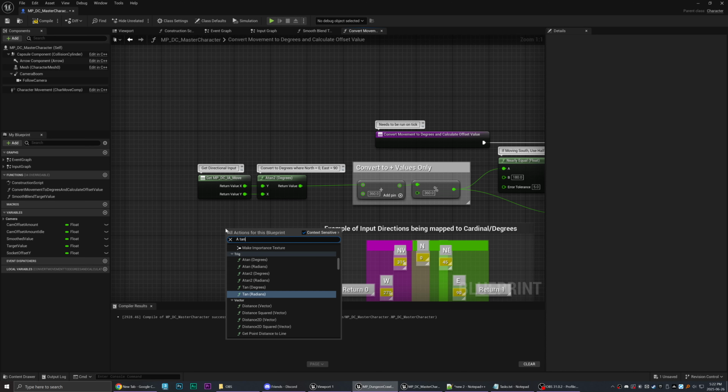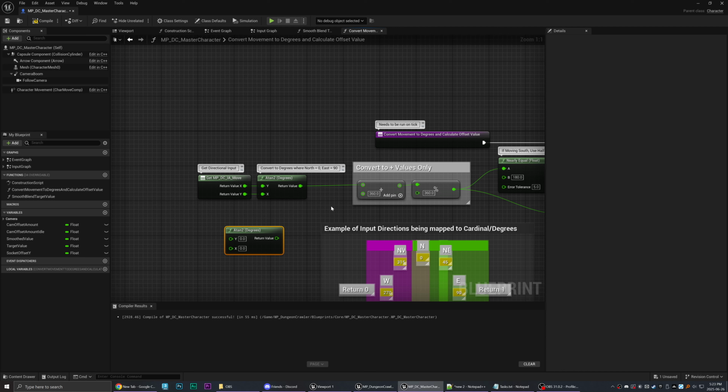When you type in Atan2, you can choose degrees or radians. If you choose radians, you're going to have to do extra math to convert it into degrees anyways, so I just went directly to degrees. If you hook these in the way it asks for them, with Y on top and X on bottom, it actually means that the X value is 0.